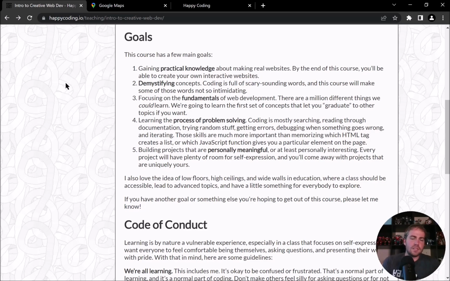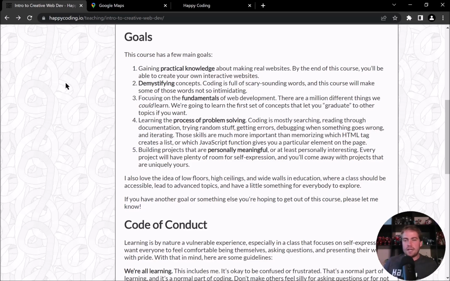That being said, I also don't want to bog ourselves down too much in memorizing syntax, because you might think that that's what coding is, memorizing what code does what and then using it. But actually, it's not. So the way I like to say it is I'm actually not going to teach you web development. I'm going to teach you how to learn web development. And that might sound a little goofy, but by that I mean I want to give you the fundamentals and the building blocks and the process of researching, using search engines, reading through documentation, trying things out,